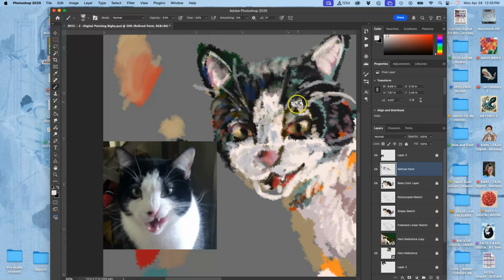So the real challenge is not to slow down, not to attack it with any less urgency, even though you're on a refined layer. You still want to take a lot of chances and experiment with the tools. And the reason we have that base paint layer safe underneath is we're never going